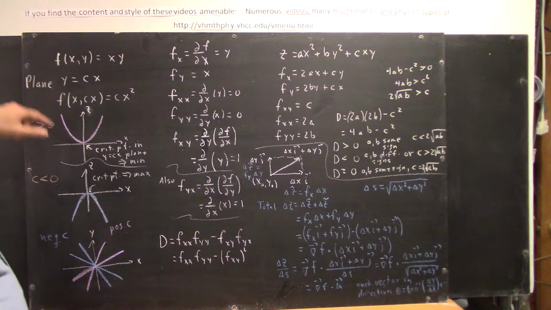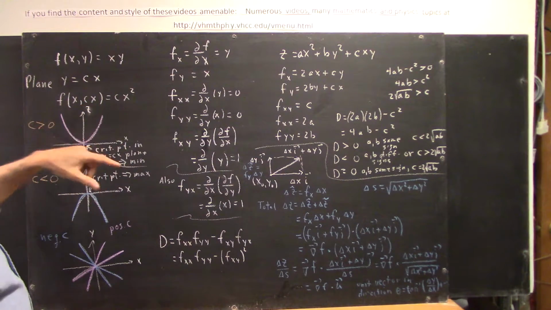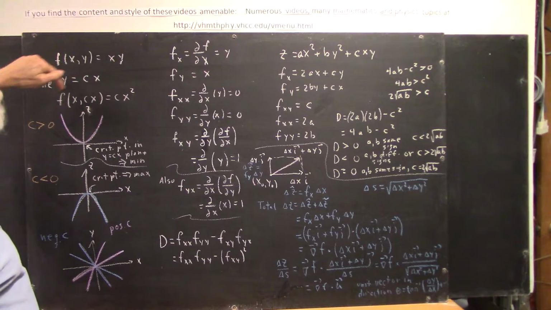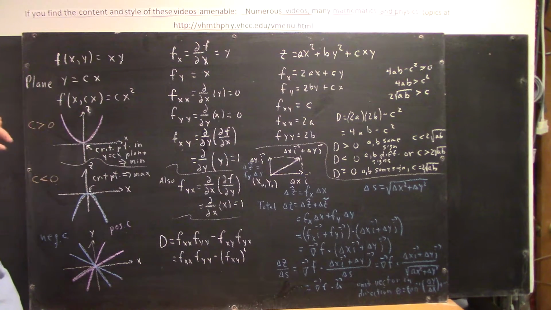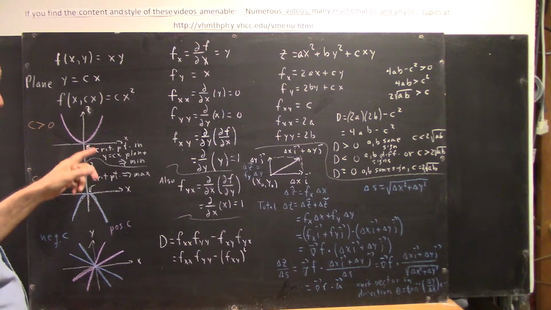Well, if c is greater than 0, we're going to get a parabola that looks like this. Our z equals cx squared parabola will open upward. And there's a critical point then